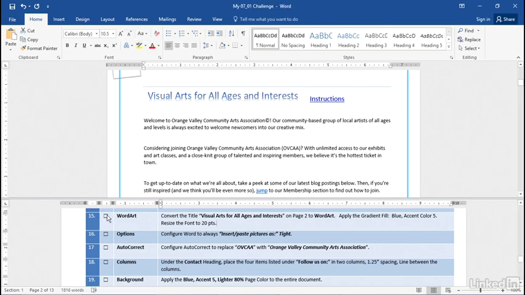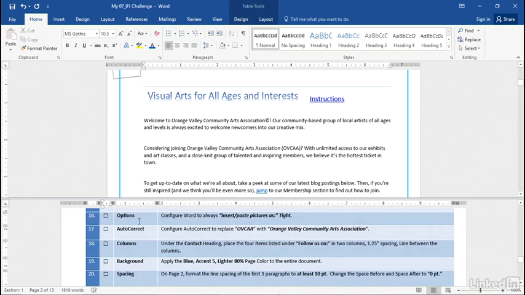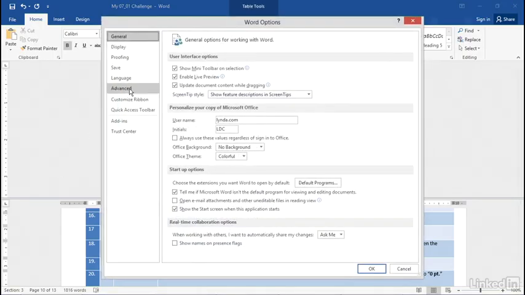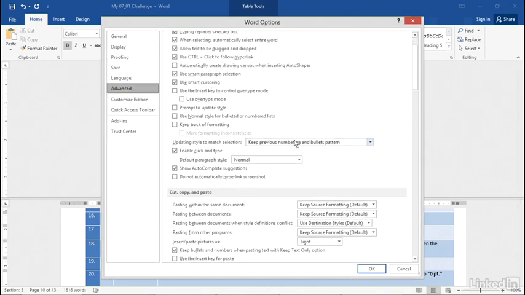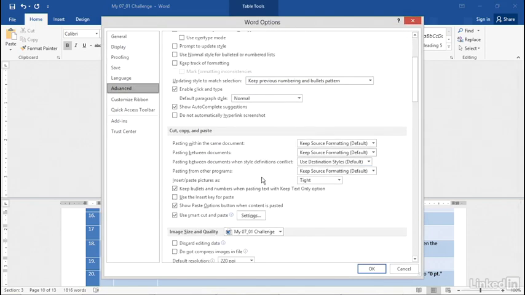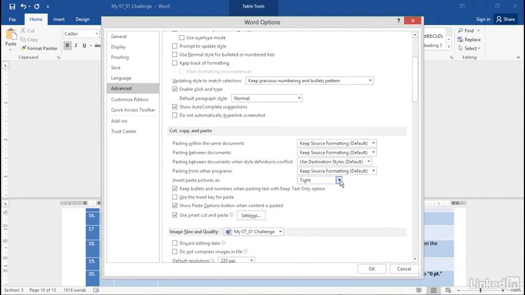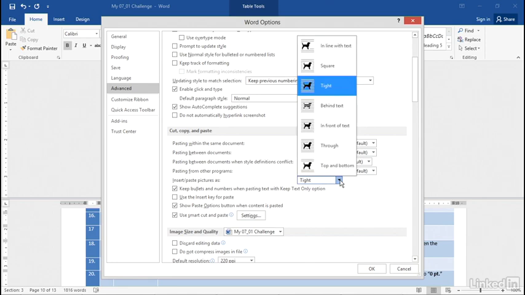And we can mark number 15 as done. Number 16, configure Word to always insert paste picture as tight. Let's go to File and Options. We'll go to Advanced. Let's scroll down to Cut, Copy, and Paste. Insert picture as tight. Please don't be surprised if you come into your options to change a setting and it's